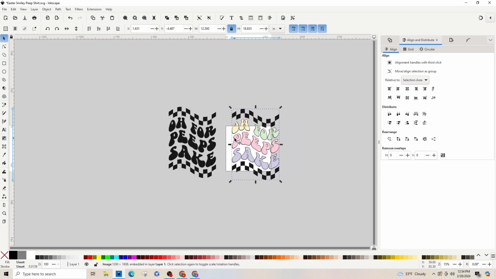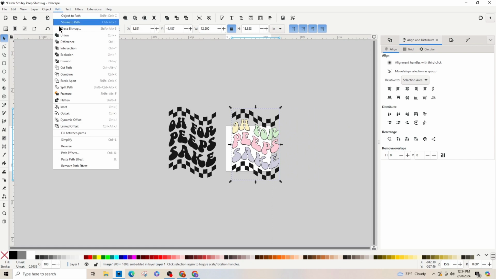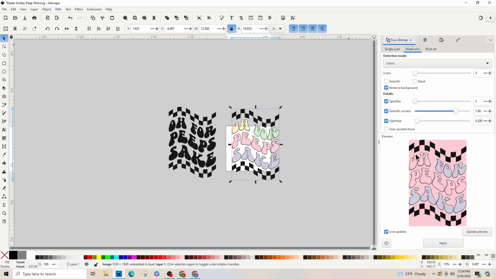And now let's convert this into a path by going up to Path, Trace Bitmap, and then we've got our rule of thumb: all the colors and add 1 for the scan. So we've got black, yellow, green, pink, purple, which is 5 colors. Add 1 is 6. So make sure it should be all the same from our last Trace Bitmap. So we're on multicolor. The drop down box is on colors, and we said 6. We can look at our preview and make sure that all the colors are accounted for, and make sure we've removed our background. Let's apply,